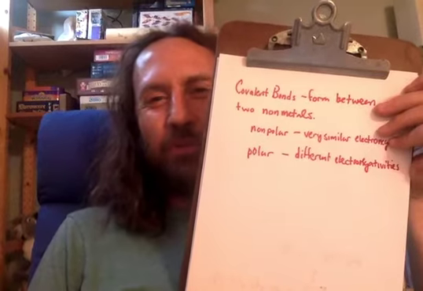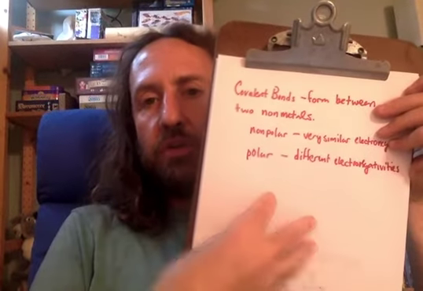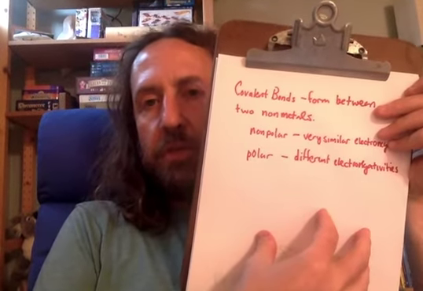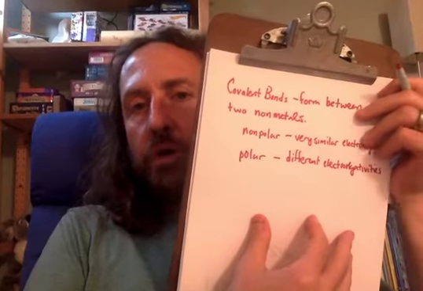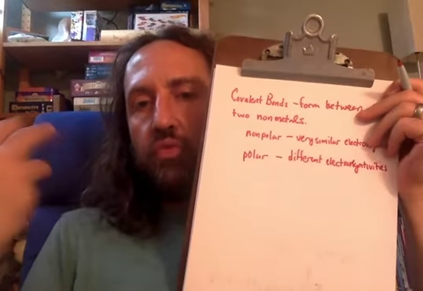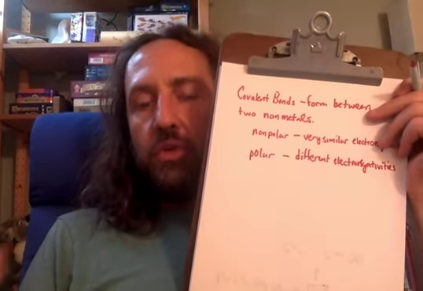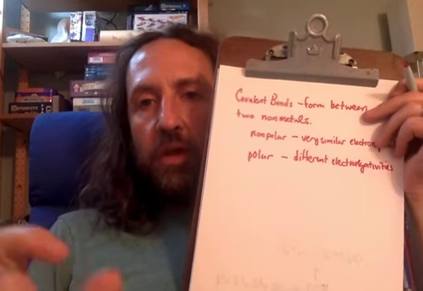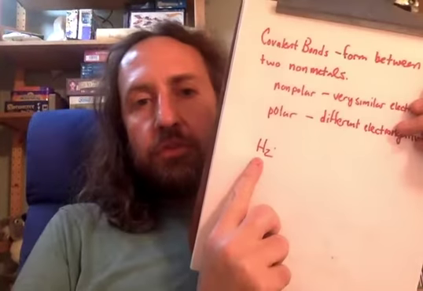So, we'll do a couple of videos here where I'll show you some of the different compounds. But the simplest form of a covalent bond is where something is bonded to itself. The easiest example is hydrogen. Hydrogen gas, H2. When we look on the periodic table, hydrogen has one valence electron, and so you